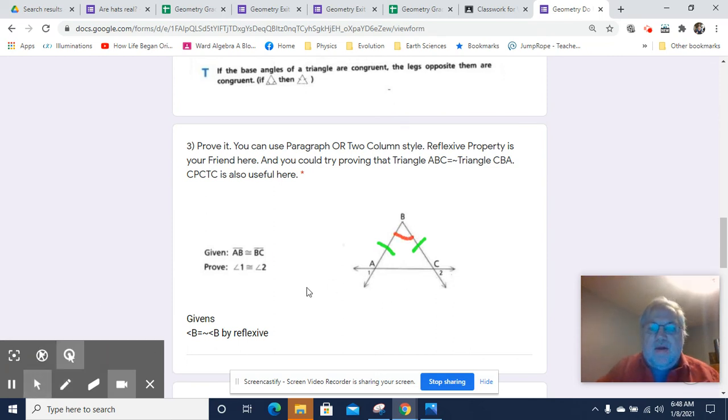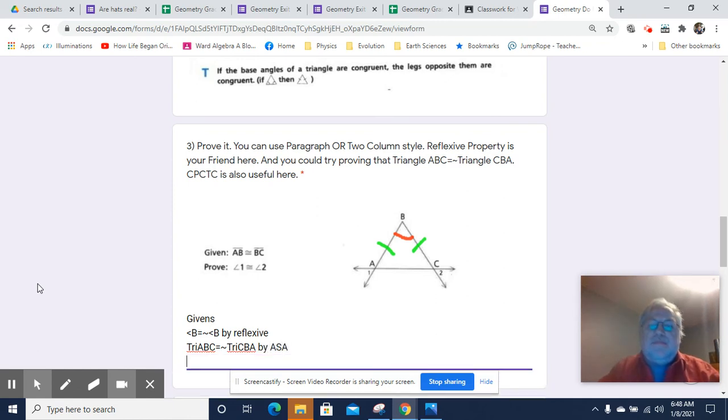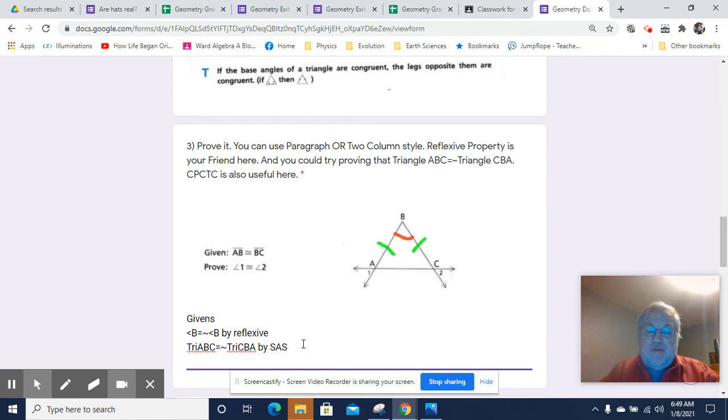Okay, and once I've proven that angle B is congruent to itself, which I'll mark up here, now I can prove that triangle ABC is congruent to triangle CBA, okay, by angle side angle. I'm sorry, that's not right. That should be side angle side. Yeah, so this is a side, that's an angle, that's a side. Okay, so now that I've proven that,